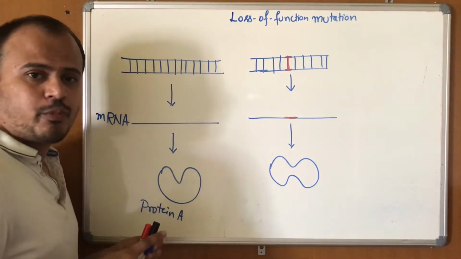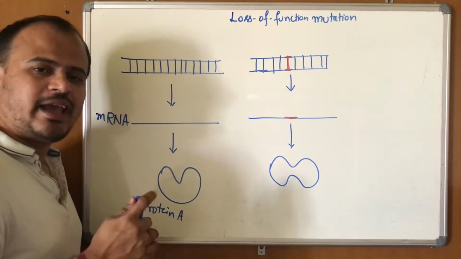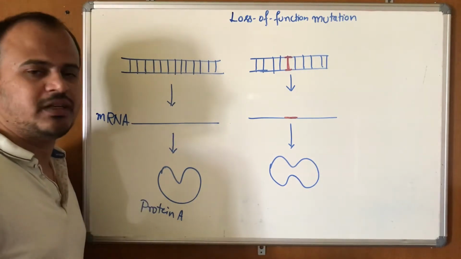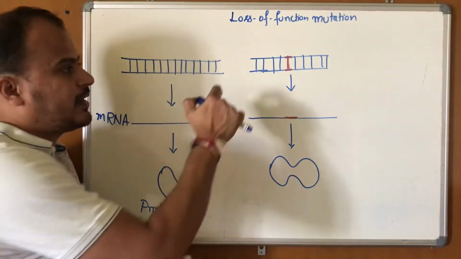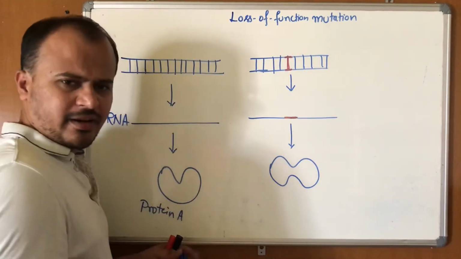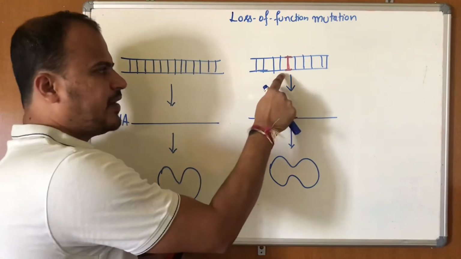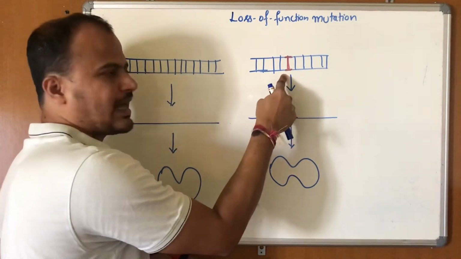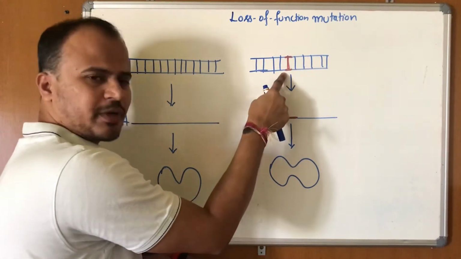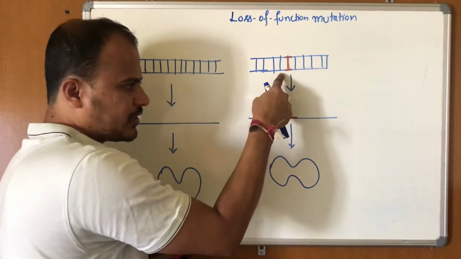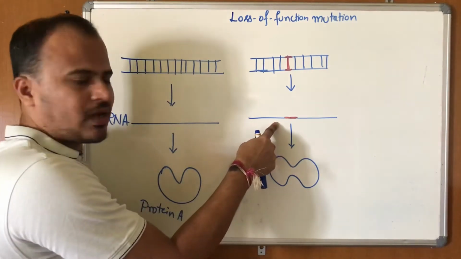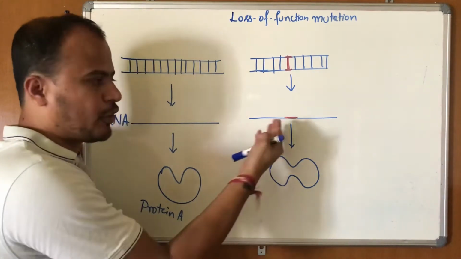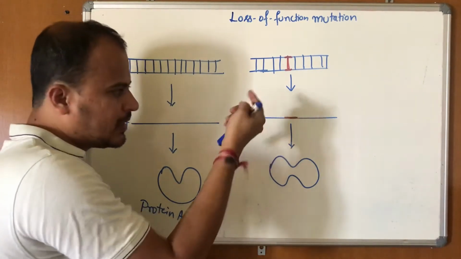As you know, a mutation is defined as any alteration in the nucleotide sequence of a gene. Though I have not written any nucleotides here, I have written something in red color. I consider this as a mutation. So there is an incorporation of a mutation. This mutation has led to the production of an mRNA which has a defect in it, I mean the changed, altered nucleotide in it.